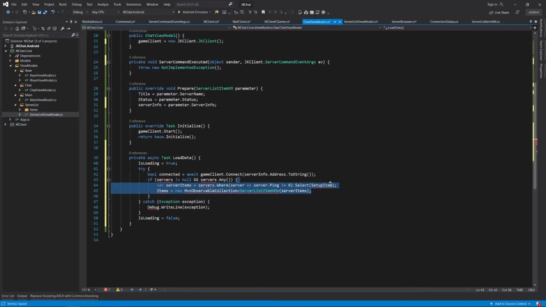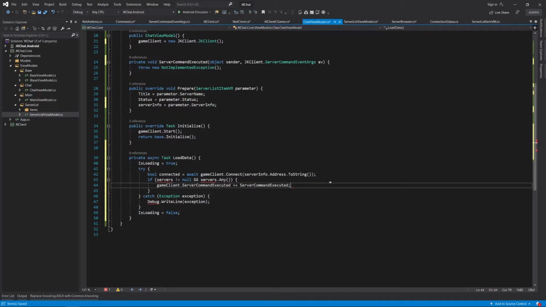That's more logical. Probably also need to